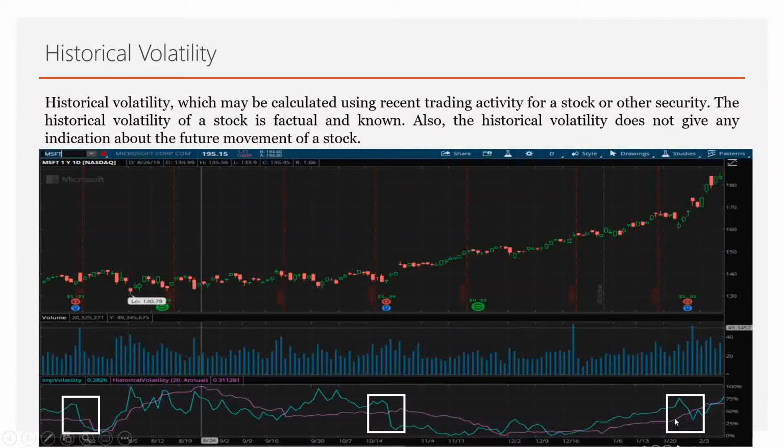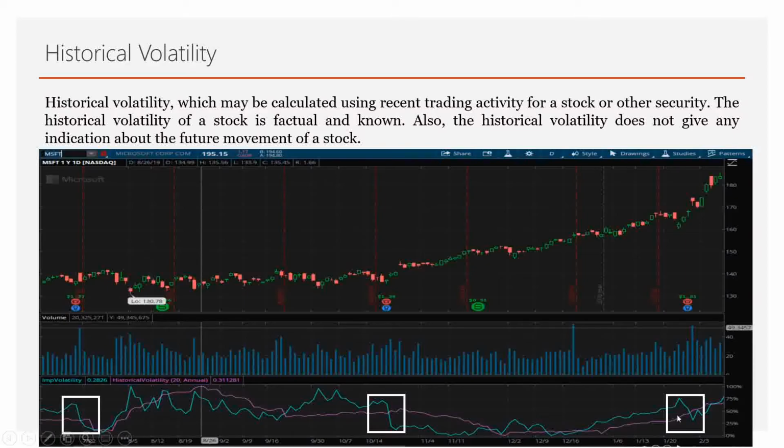And historical volatility, just before the earnings season, nobody will buy, since it's risky to trade at the time of earnings. So the stock price movement will be lower. And after earnings, whether the earnings are appealing or discouraging, people will go ahead and buy or sell after the earnings. So historical volatility will rise.